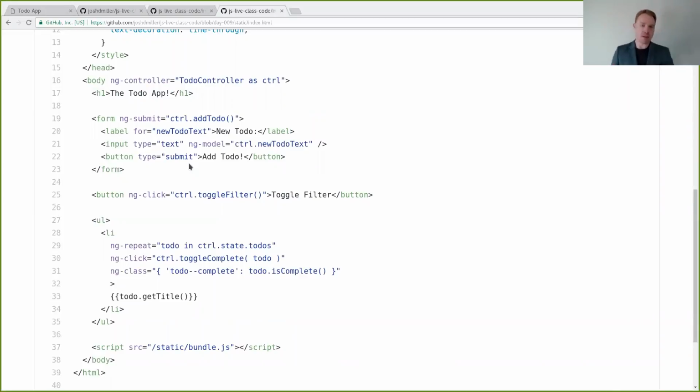A way to conceptualize what Angular is trying to do here: the rationale is that if you were to design HTML for today, not for 25 years ago when it was created, but if we were to create HTML from scratch today, it would probably do stuff like this. It would let us augment it with our own functionality, like being able to repeat on things, click on things, add and remove classes and styles, model input elements and so forth.